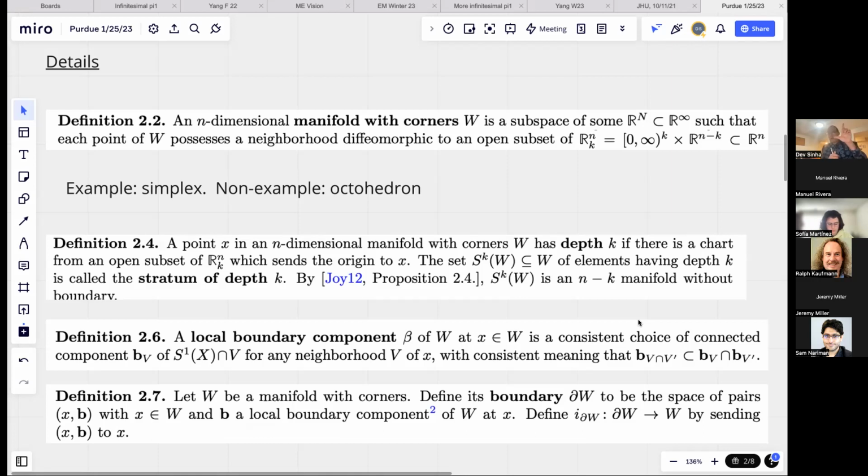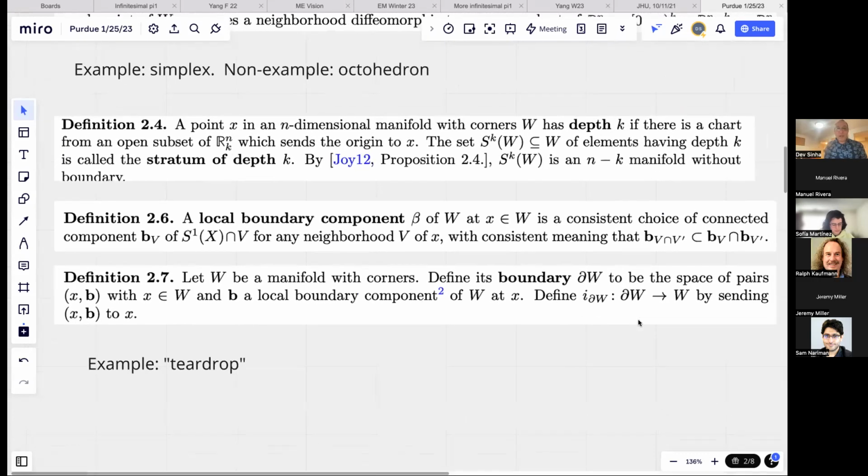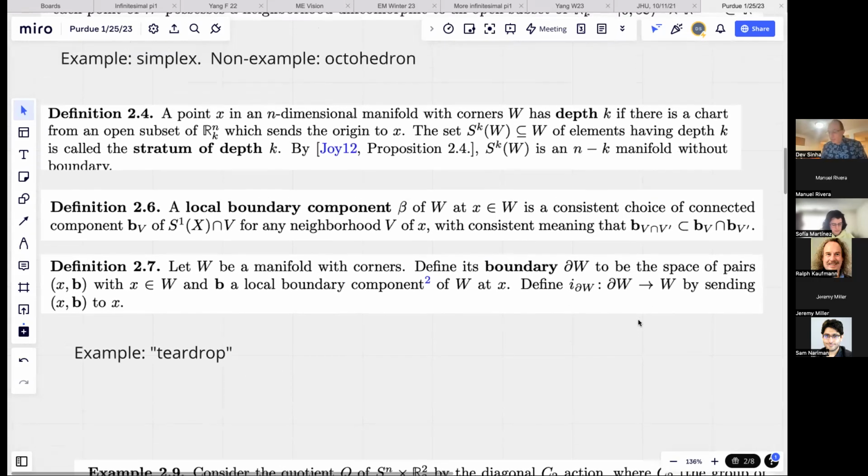So you have to think of the first quadrant or first octant, and you want that to be local. So that's straightforward enough. Note that you're already restricting your type of polytope significantly. The octahedron is not such a thing smoothly, right? Topologically, the octahedron is a ball, so of course we could impose such a structure on it, but the corners structure that we see is actually a non-example there. Already things like boundary are interesting. The boundary is no longer a subspace.